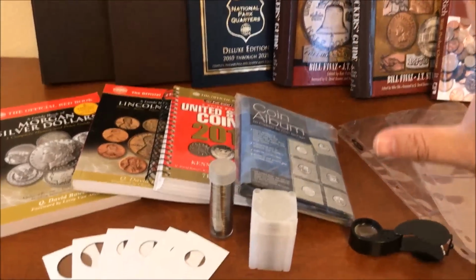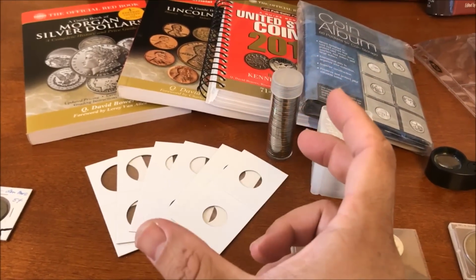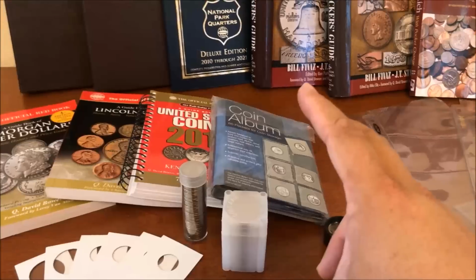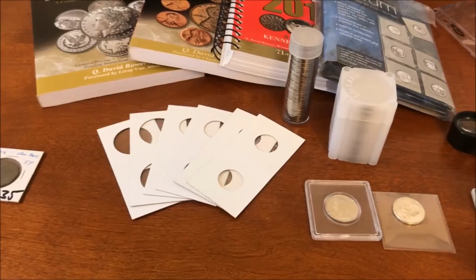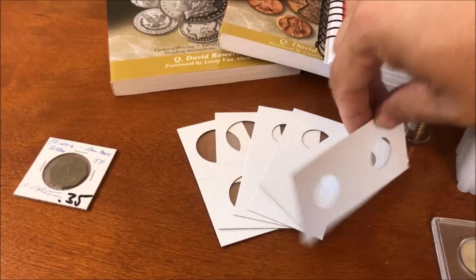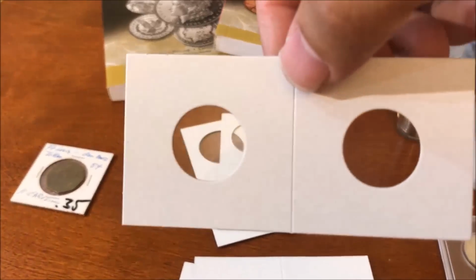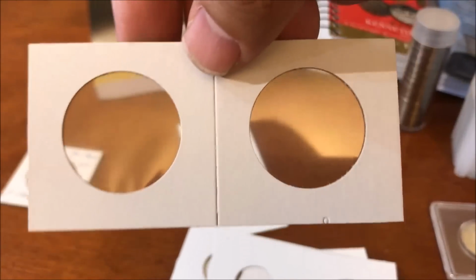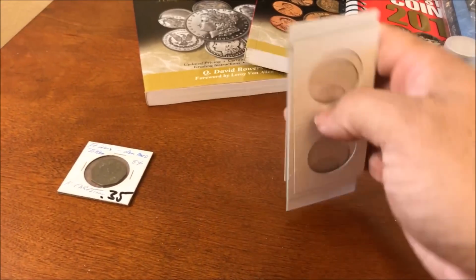And for a lot of these, if you click down below into that little resource box, which tells a little bit about the video, the published date and all that, I'll have links to every single one of these items. Even things like these, I have bulk packs in there that are like $10, $15, and it gives you like 100 of each denomination. So as you can see here, we have a penny or a dime size. I have a couple of those represented. There's one for nickels